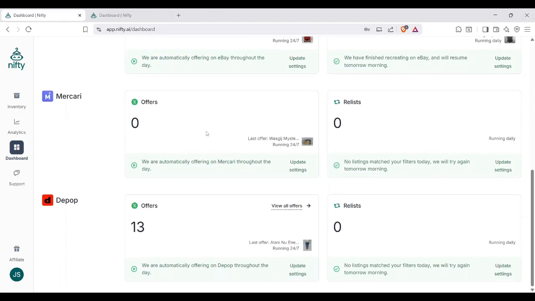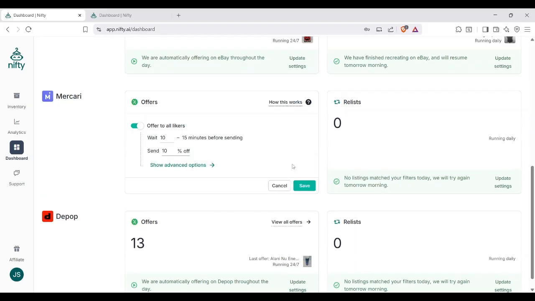All right. Now, Mercari has one as well. I haven't really figured out Mercari yet. If you have any tips about Mercari to help you sell stuff, let me know in the comments. I've sold stuff on every single other platform except for Mercari so far, and I'm just waiting for that first